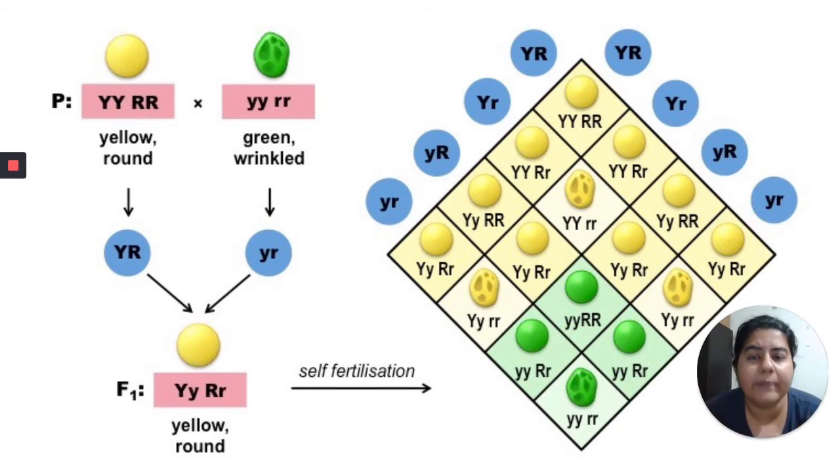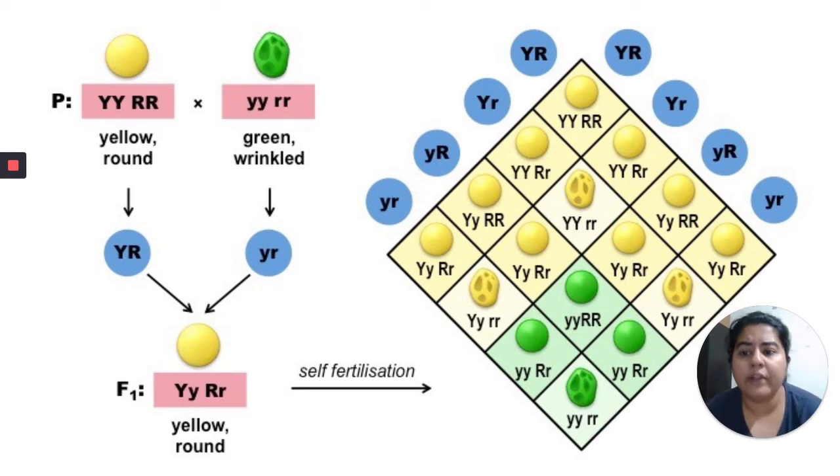And this is your typical pea plant dihybrid cross, where the color of the seed and the shape of the seed have been taken into consideration. 2 characteristics controlled by 2 different genes. So we have taken letter Y and letter R. You can pause the video, take a look at what the parent genotype and phenotype are, then how the gametes of the parents were predicted. You got the F1 offspring.